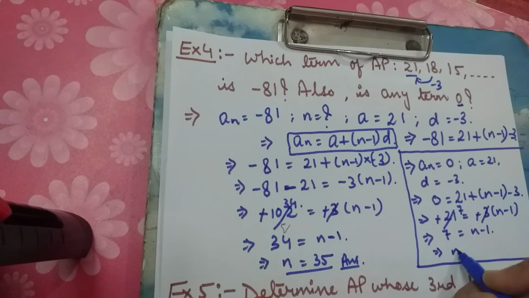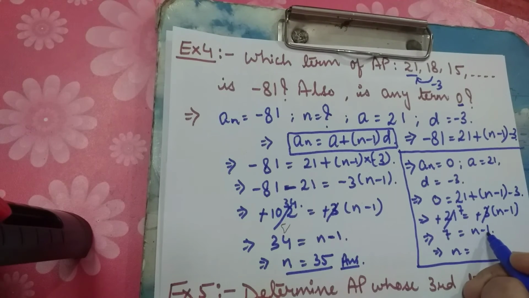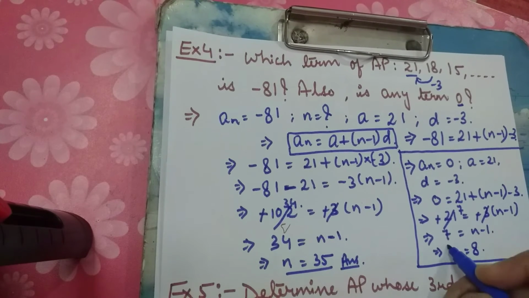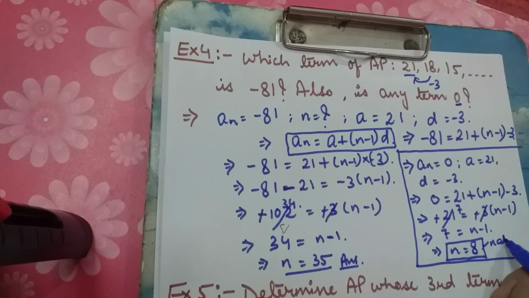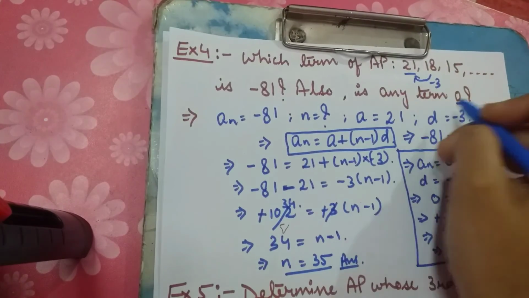So value of n, see, n minus 1, when this minus 1 goes to the left hand side, 7 plus 1 will be what? 8. Okay, so value of n is what? Value of n is 8, since 8 is a natural number,